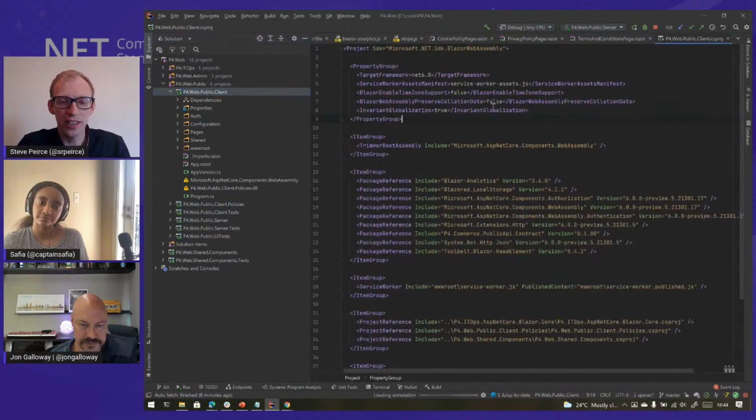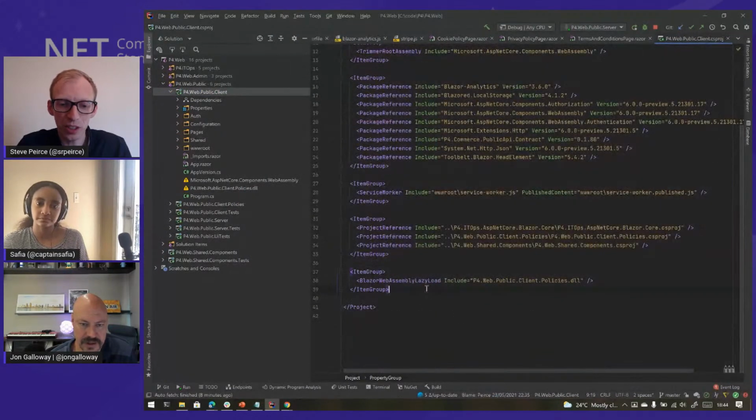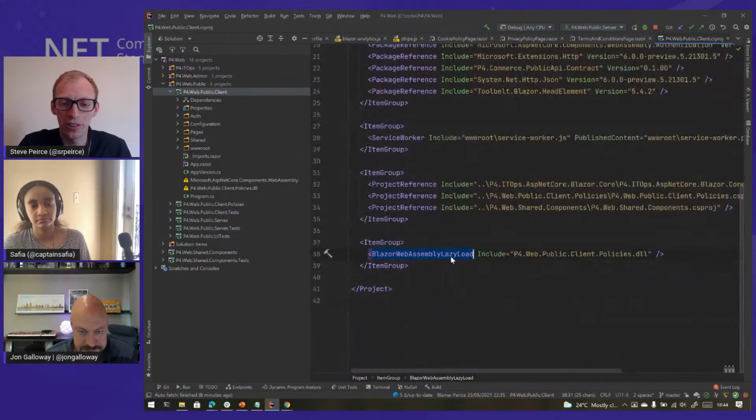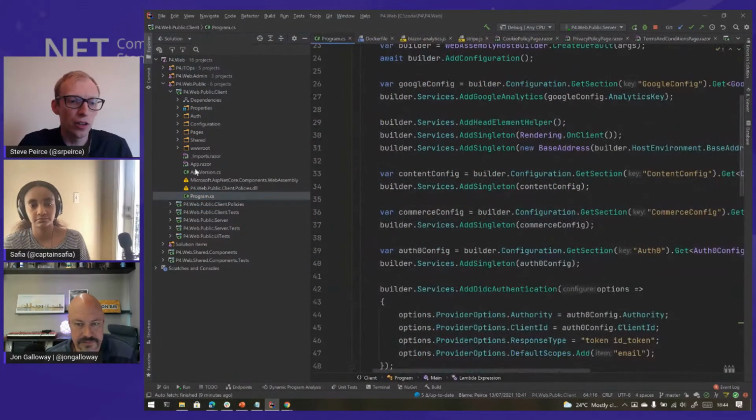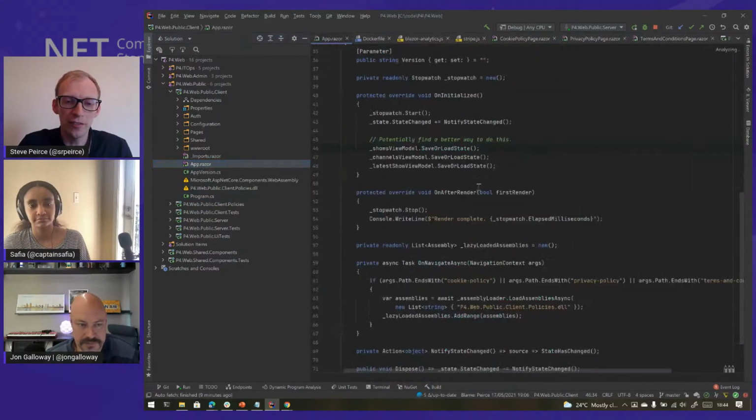Inside the CS proj here, I actually have to use a little special bit of syntax to tell the application that we want to lazy load this DLL. So by doing that, it's not going to bring it in automatically. And then, inside of our